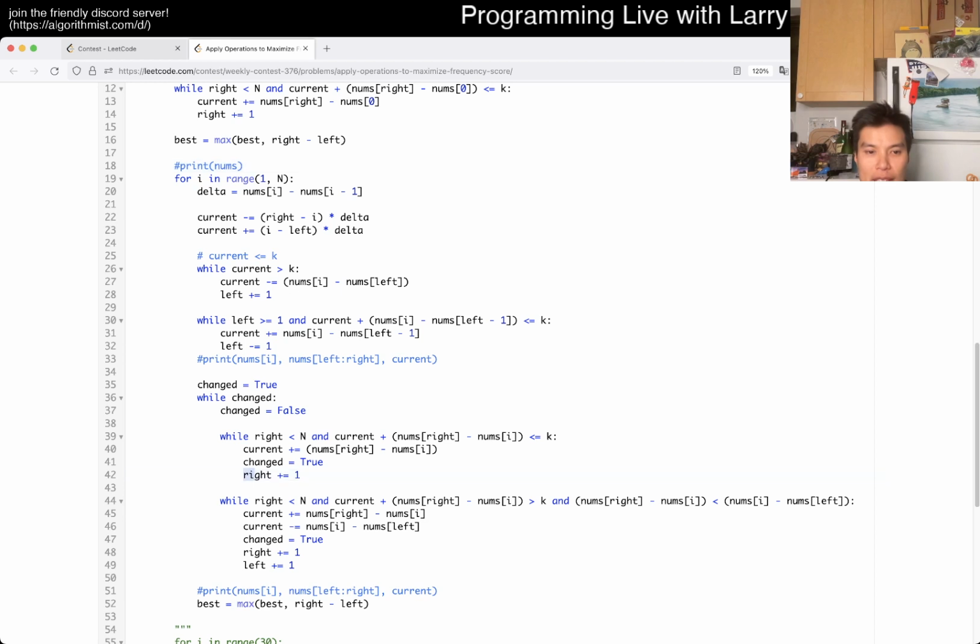Because the right always goes right, so that's fine. But I cannot prove that left is going to be linear, right? Like, is there a case in which